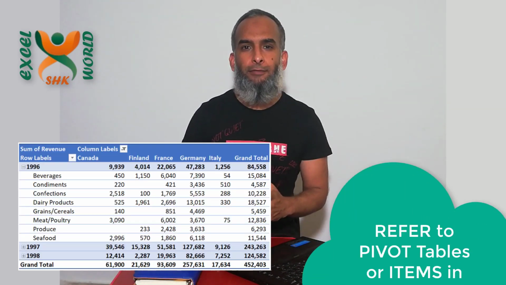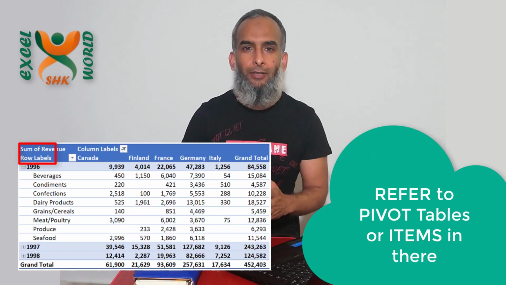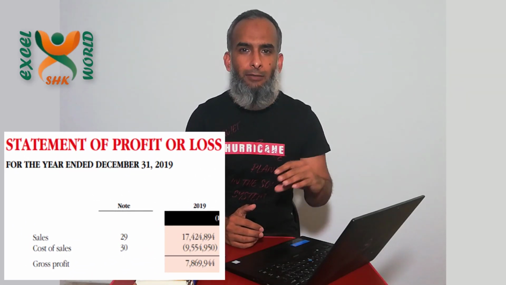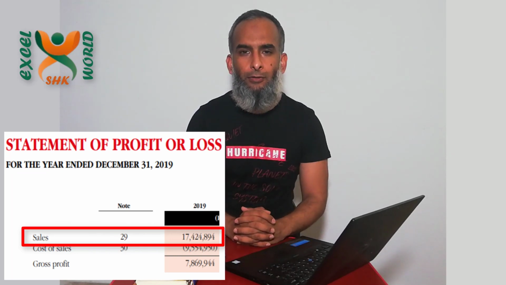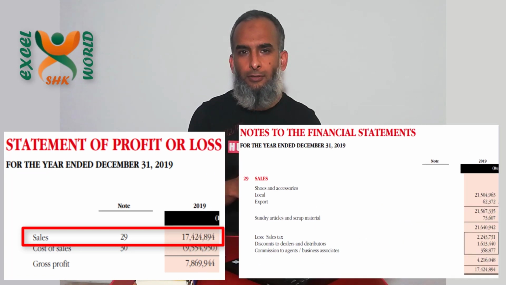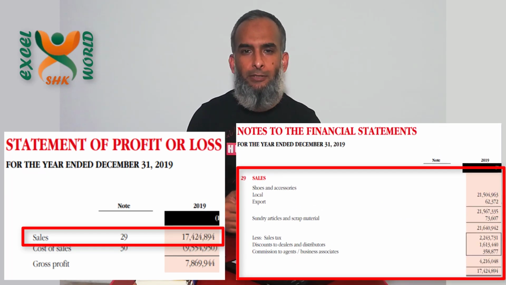And the skill which we are going to learn today is how we can refer to a pivot table or items within the pivot table. So you must have prepared different reports in which there is a summary level data and then there are notes to that summary level data. Now we can give the example of financial statements if you are from accounting or finance background. So the financial statements like the balance sheet, the income statements, these contain different line items which gives you a broader overview of your income, expenditure and assets, etc. And then there are notes to those higher level data in which a breakup is given.